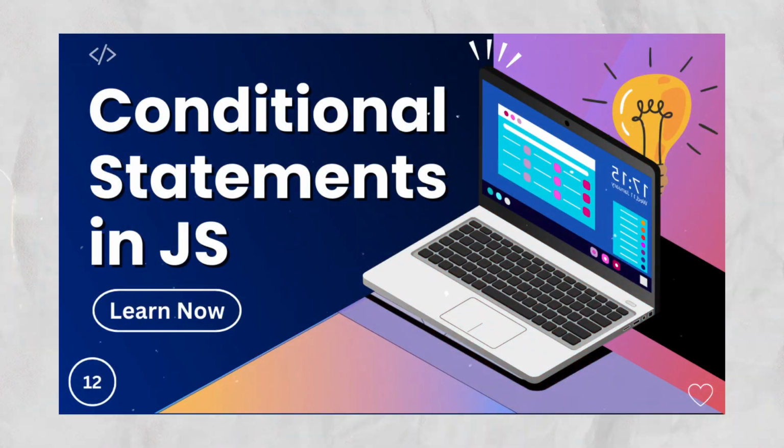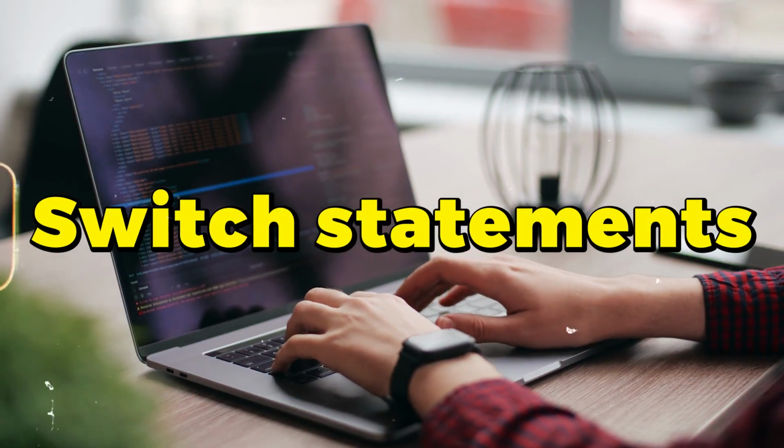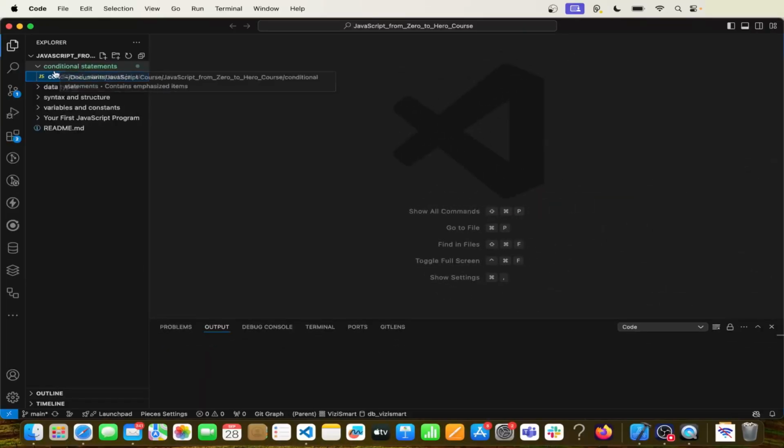In our last video, we covered conditional statements, and today we are stepping it up with switch statements. So let's see how it works in Visual Studio Code. So there I have opened Visual Studio Code. Now in our conditional statements folder, I am going to create a new file named